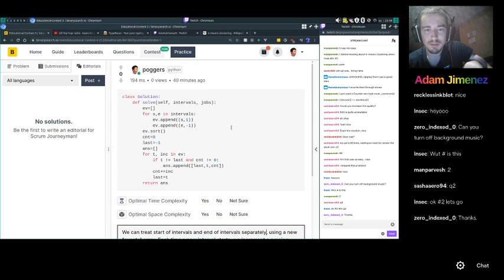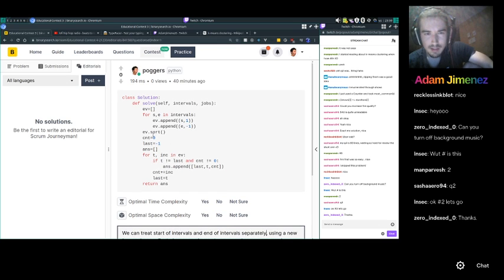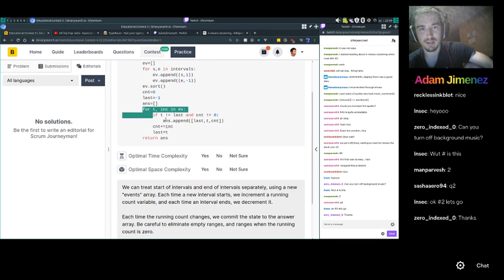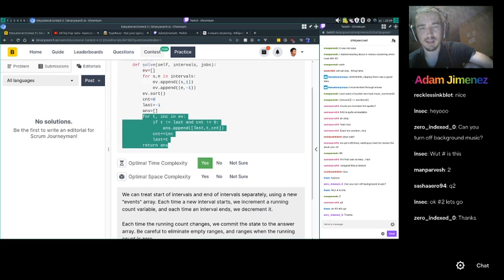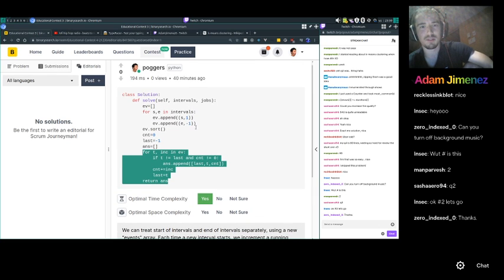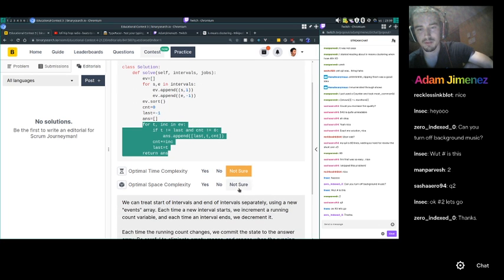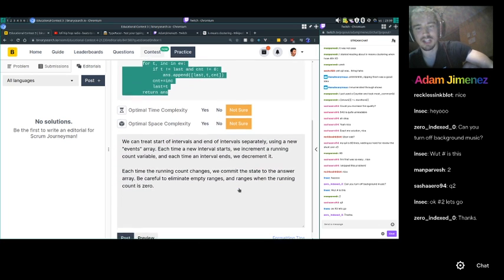And optimal time complexity, well, it's n log n if I'm not mistaken, because there's a sort here, but we sort the starts and the ends, so the array is going to be 2n, but since it's only a coefficient, we can ignore it. And then we do another iteration, so n log n. Not sure if we can do anything better for this. Maybe, so I'm going to leave it open as a challenge.